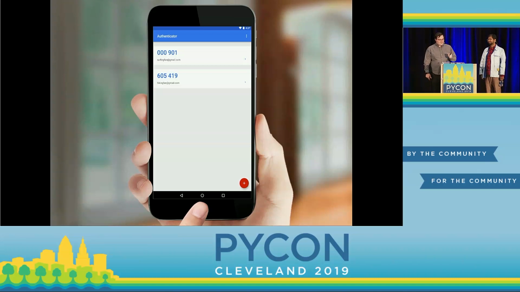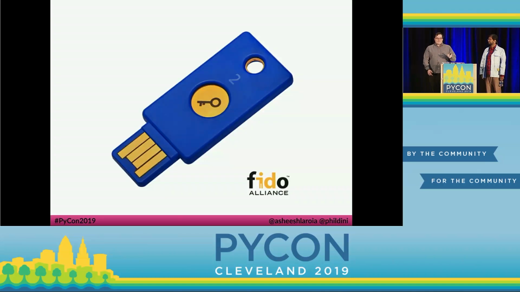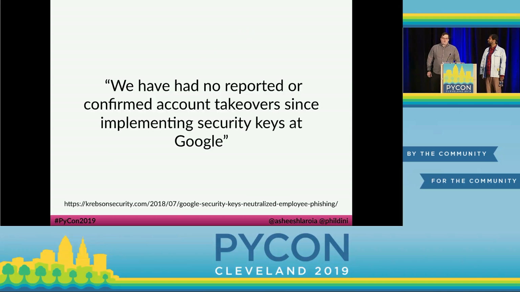Sorry, Twilio. There's something else you can support for free, too. This is a picture of a security key by Yubico, which supports a standard called Universal Second Factor, or U2F. I bring it up because it's an alternative to asking people to pull out their phones and either get texted or open an app. Google has eliminated corporate account takeover using U2F devices. The main thing to know about U2F is that the browser sends the domain name to the U2F device, and it's therefore more resistant to phishing attacks.